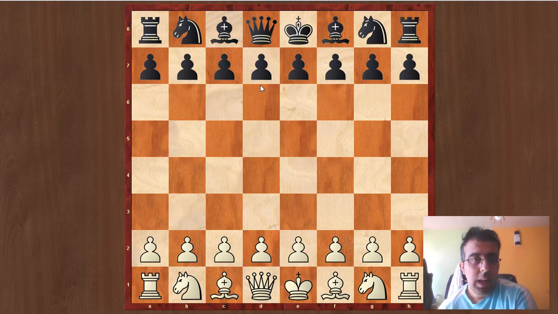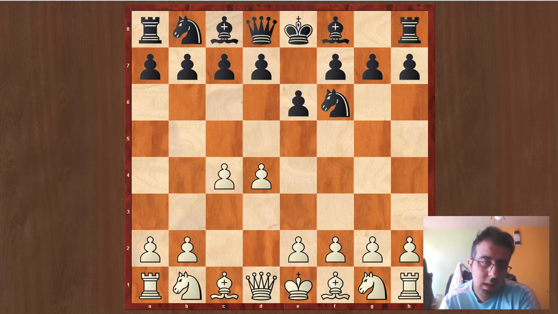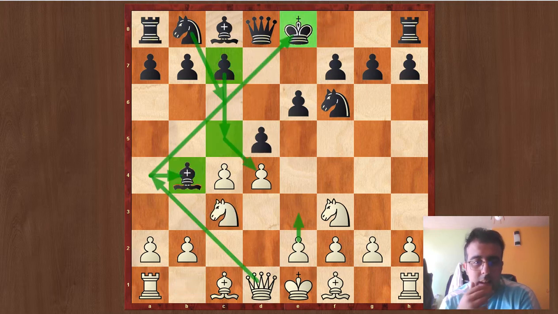Okay, let's go through the game very quickly. Parham starts the game with d4. We have knight to f6, c4, e6, knight to f3, d5, knight to c3, bishop e4, and it is interesting that in this position white